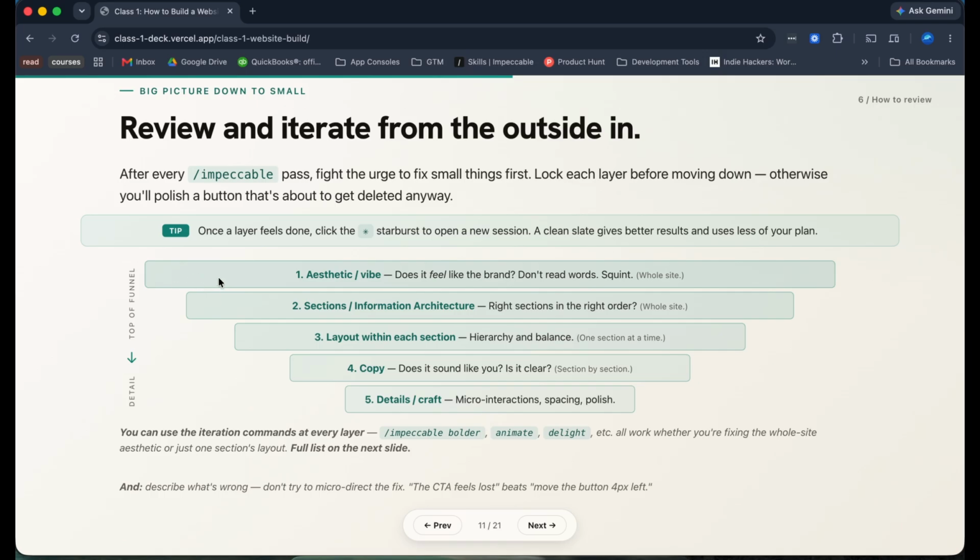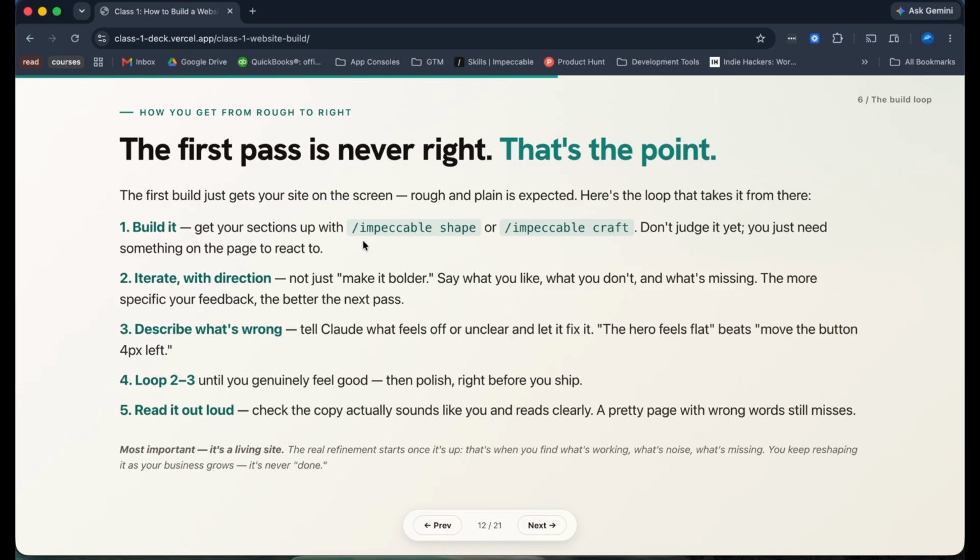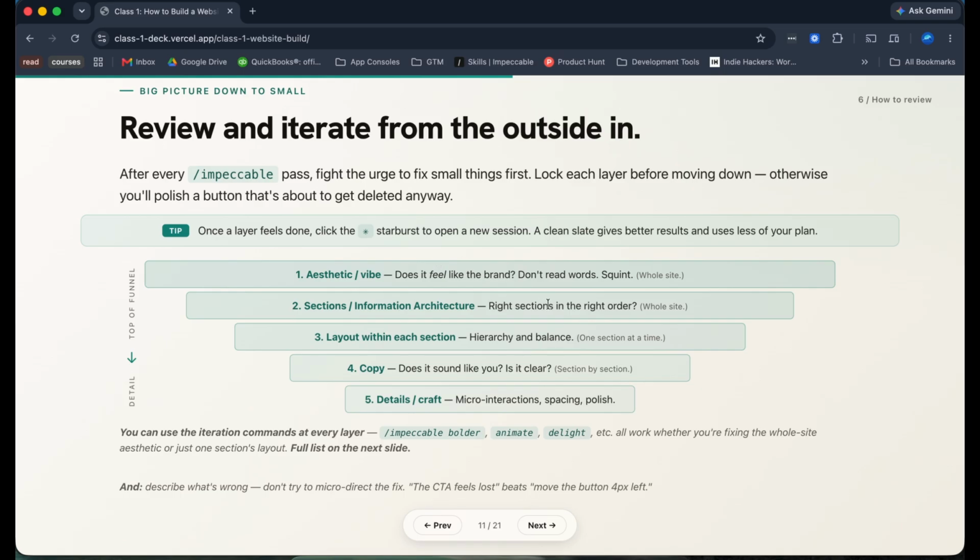So these two can be done together with this Impeccable shape command, which I'll show you in a second. And then once we have the general outline done, then we're going to go into each individual section and do them one by one.